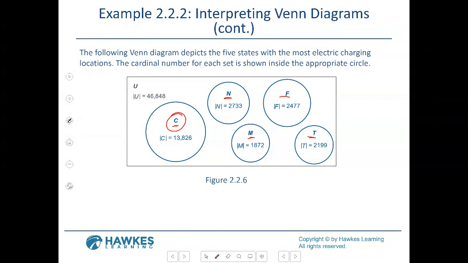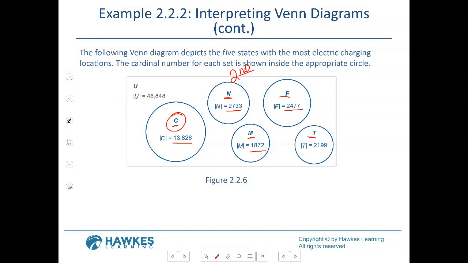Which state has the second highest? That would be New York. That has the second highest. And C says, how many electric charging locations do these 5 states have altogether? So therefore you would add up 13,826, 2,733,